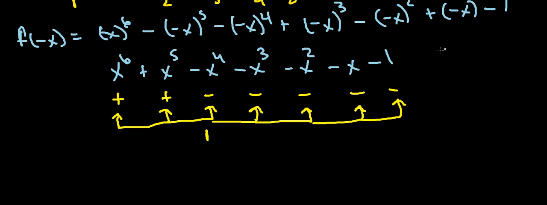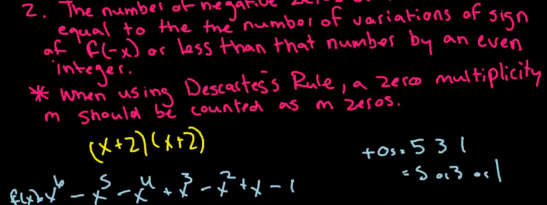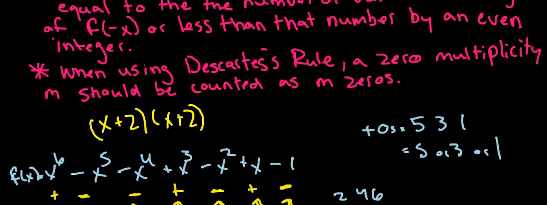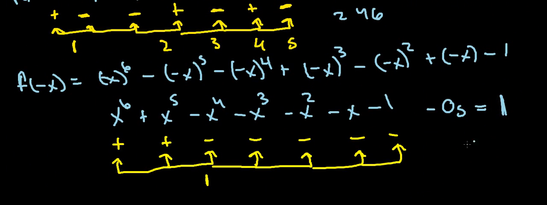So for our negative zeros, there is only a possibility of one negative zero. And even though it says or less than that number by an even integer, if we take away an even integer, the smallest even integer being 2, then we're going to get a negative number, and we're not going to have negative quantities of zeros. So that's not possible. It doesn't even make any sense. So there's only a possibility of